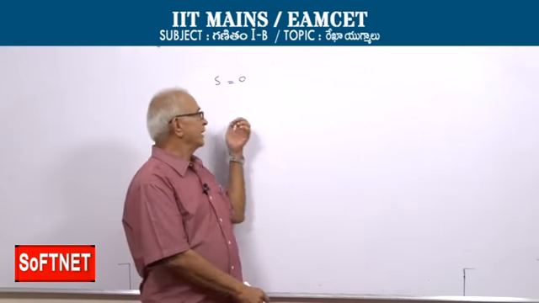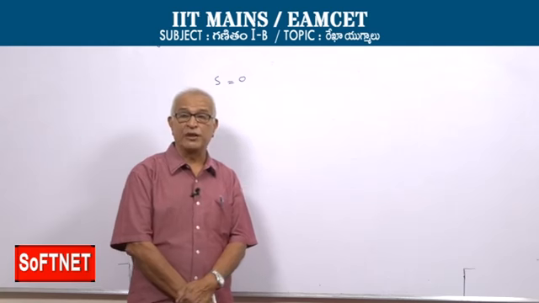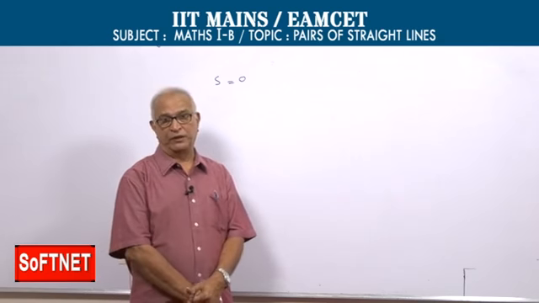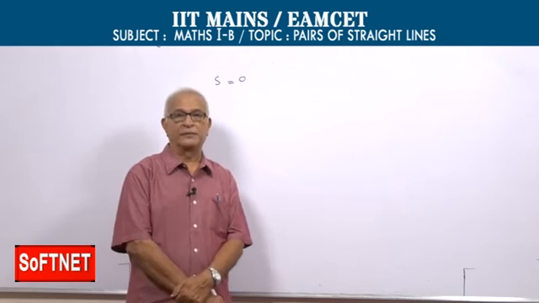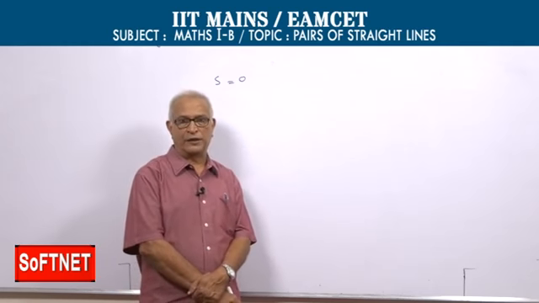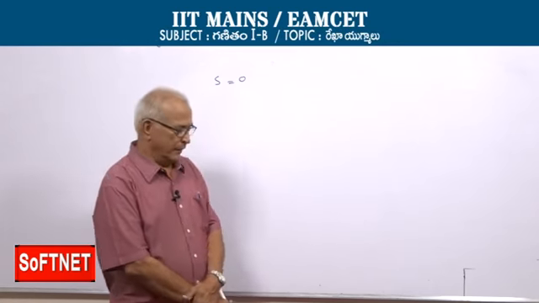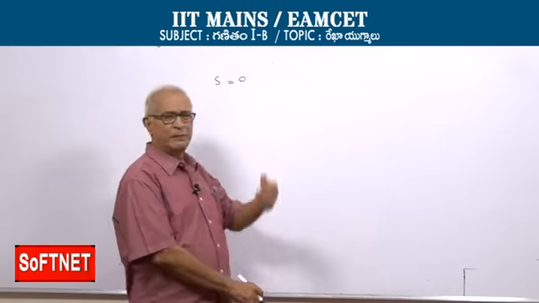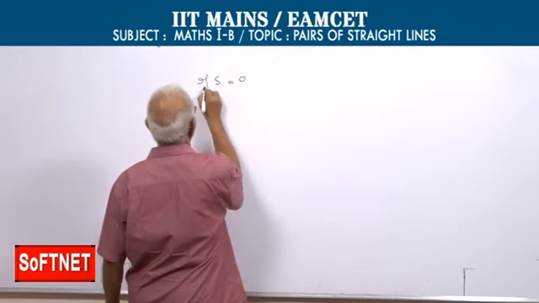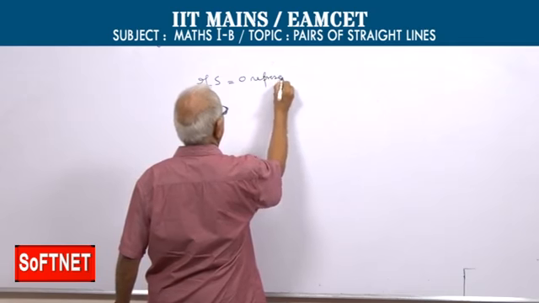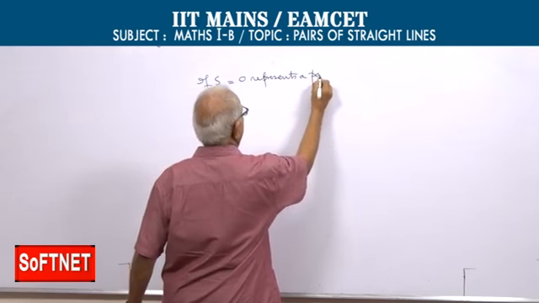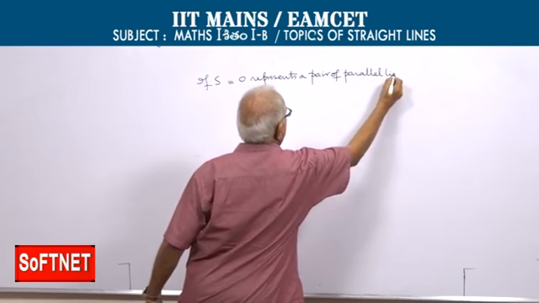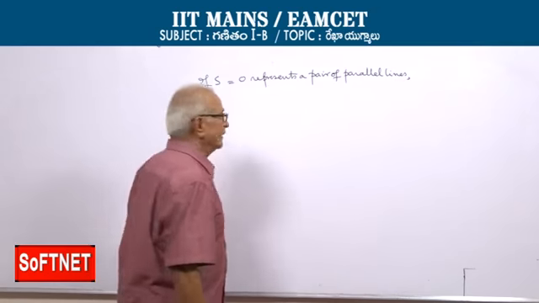H square equal to ab, when the equation s equal to 0 represents a pair of lines and h square equal to ab, the lines are parallel. And when a plus b equal to 0, the lines are perpendicular. Well, that is same as the conditions for the lines represented by the homogeneous equation to be parallel or coincident and also perpendicular. And sometimes you may require the distance between them, whenever this equation represents parallel lines, then the distance between them